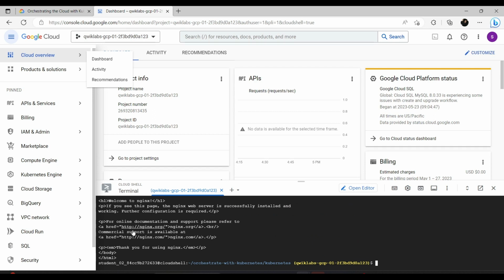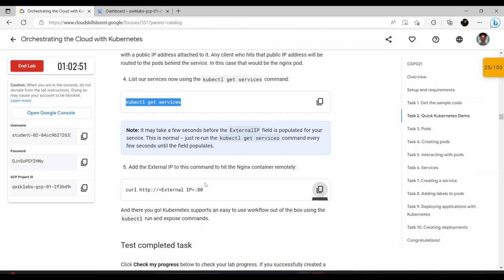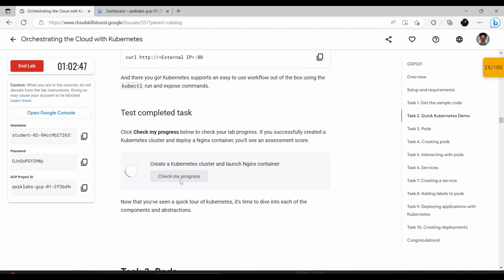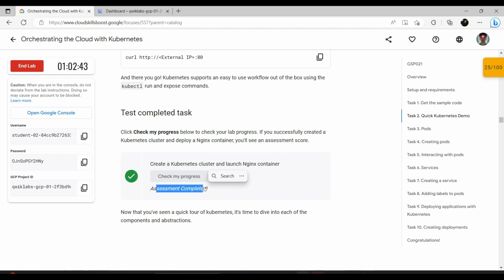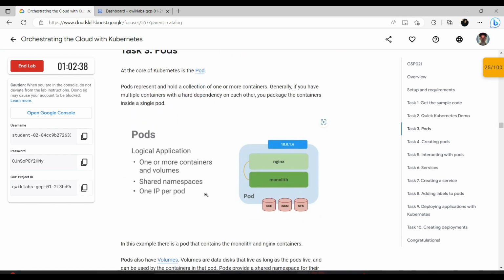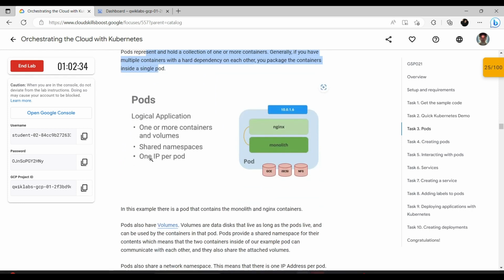and here it is. Welcome to Nginx. If you see this page, the web server is successfully installed. Let's check our progress, and the assessment is completed. Perfect. Now task 3 is to get an idea of what pods are,